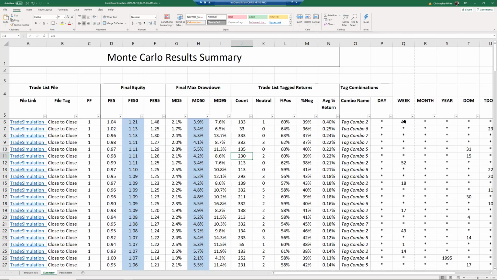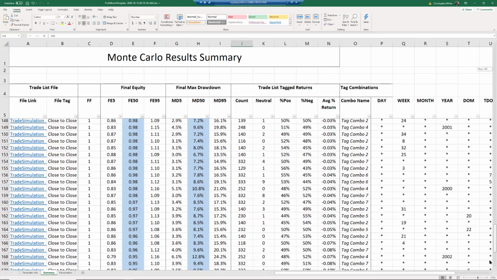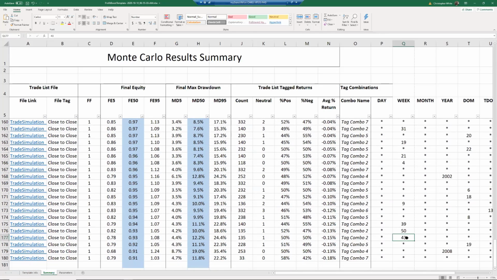And it happens to be for week 44. Week 44 is the very last week of October. Okay, let's go down to the bottom of this list. So now we get into the worst in terms of final equity. Well, the worst, with a final equity of 0.93, FE50 value of 0.93, is week 43, which is the second to last week of October. So it's very,